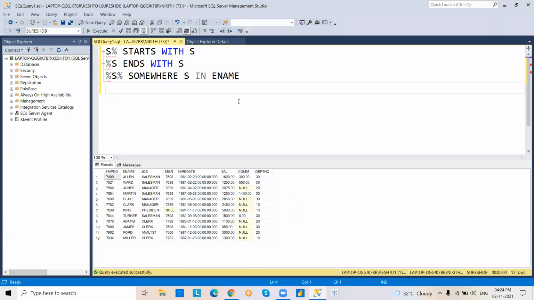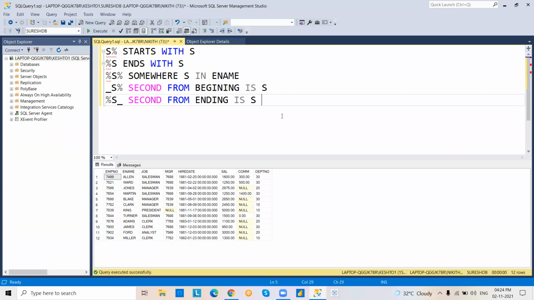So next, underscore S percentile. Second from the beginning is S. Percentile S underscore. Second from the ending is S. So these are the limitations we have when we are working with the like operator.